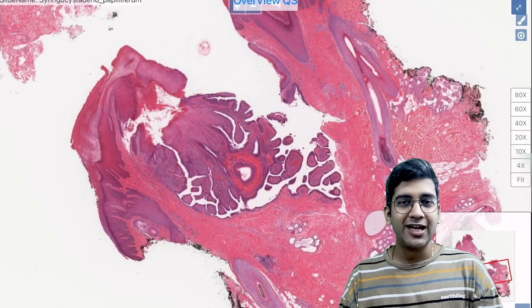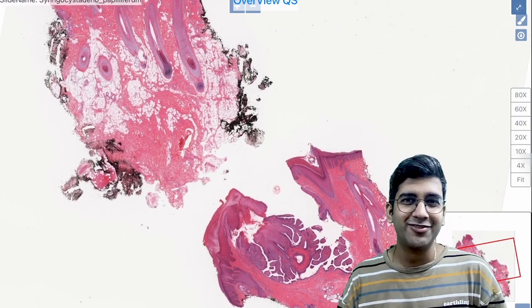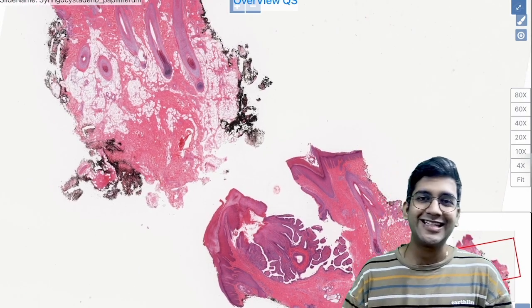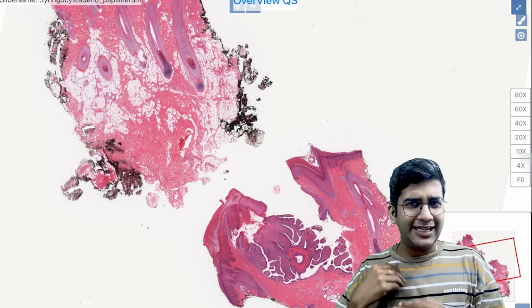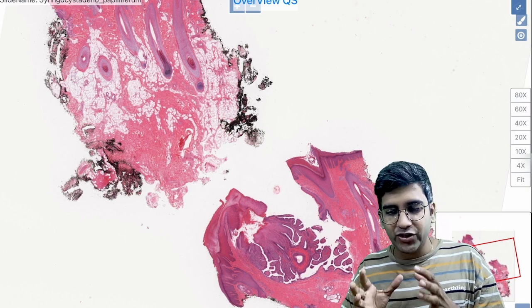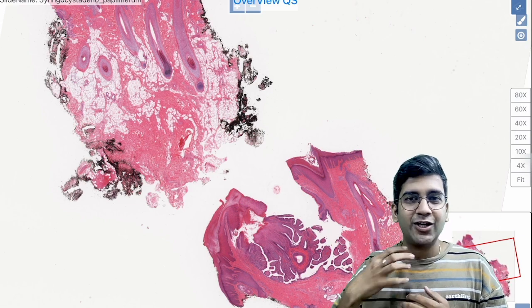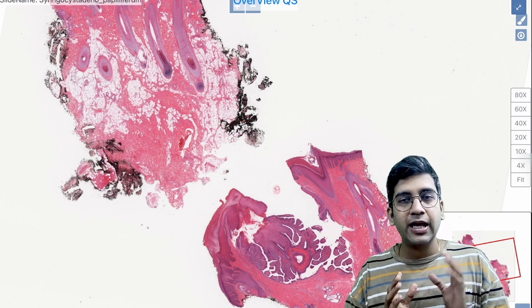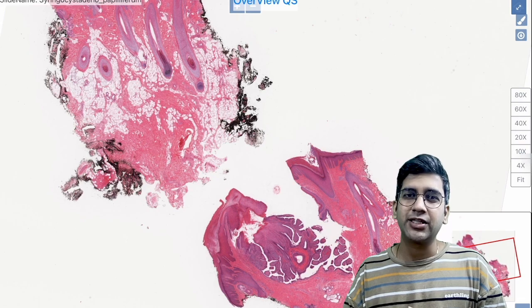I'm Dr. Anjit, and here we are going to discuss a beautiful slide from our collection. I'm sure most of you must have already known the diagnosis, a little bit of creeping on the top, right? So this is a skin lesion, this is skin biopsy. I'll tell you the diagnosis first itself. The interesting thing is how to step by step look at every important point so that we can confidently diagnose it the next time, right? I'm going to talk about Syringocystadenoma papilliferum, which is a very common spotter which can come for your MD exams,